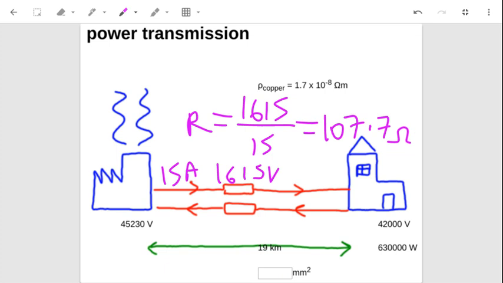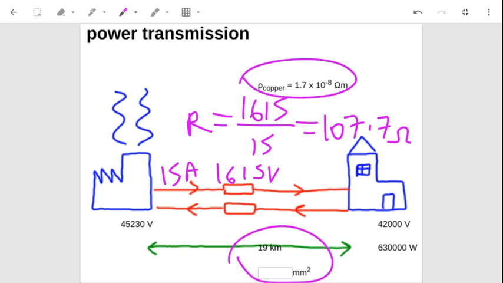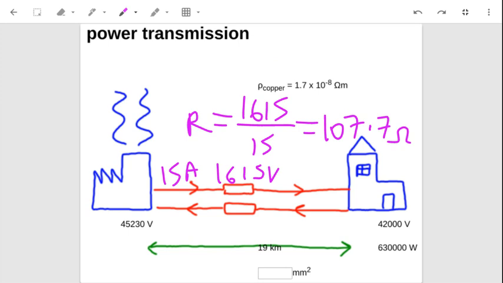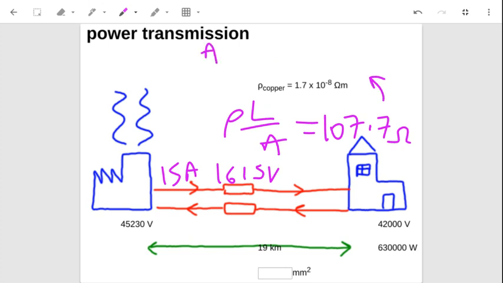And now I'm using the remaining information and the resistivity equation. So the resistivity equation is that R equals rho L over A. And I can rearrange to get the cross-sectional area. I'm just going to do it at the top here. So the cross-sectional area will be rho times L divided by R, 107.7. So it's 1.7 times 10 to the minus 8 times